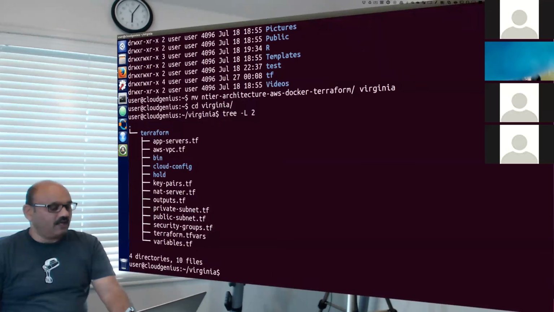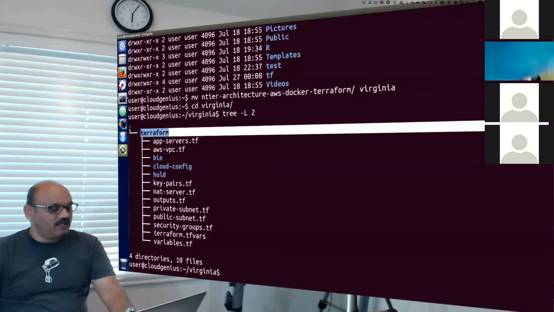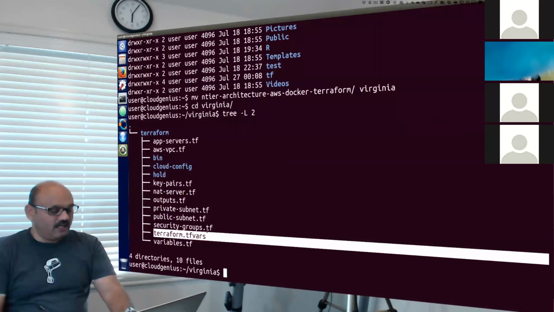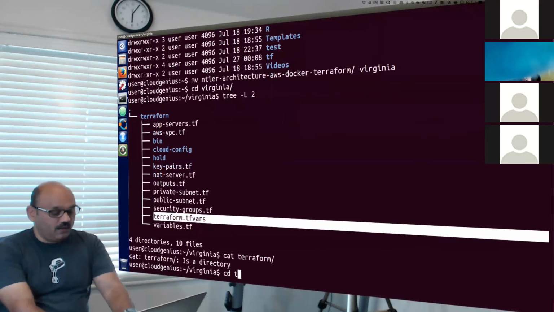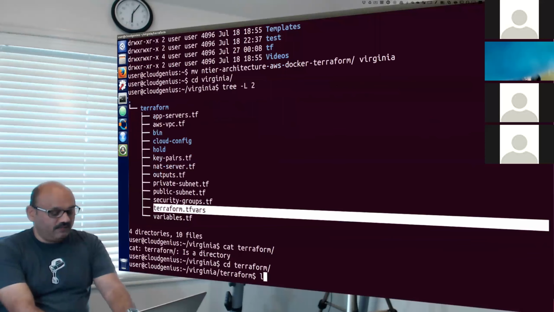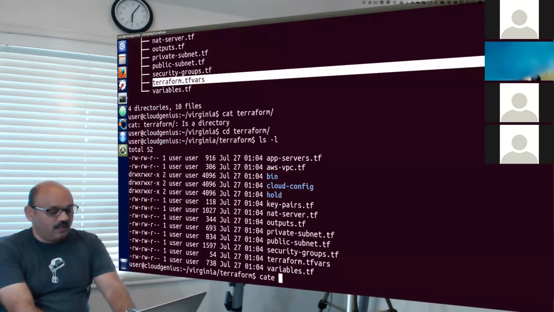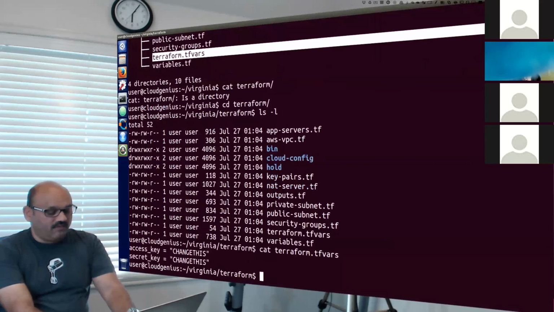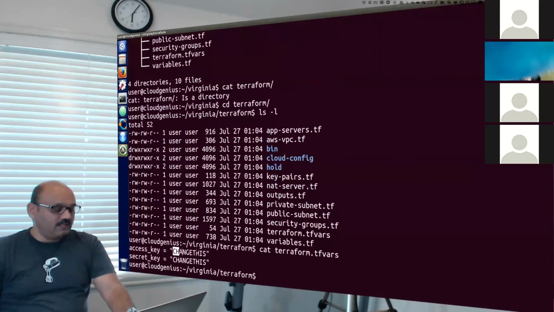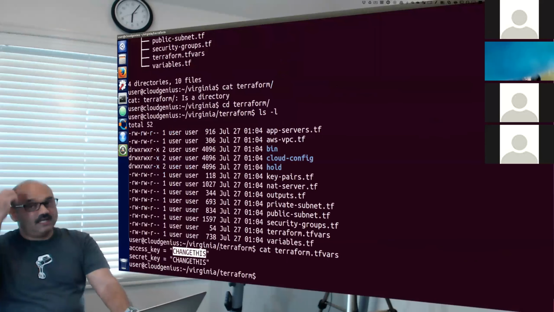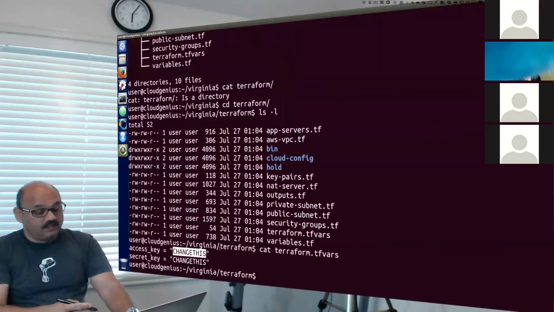We have a Terraform folder, and we need to edit this file, which currently contains, change this. Oh, sorry. I need to go to the Terraform folder, and then we have that file called terraform.tfvars, which says, change this. So I can very easily change that. What I need to do is just grab the copy that we already have in another folder.